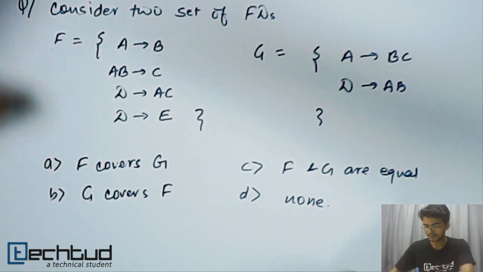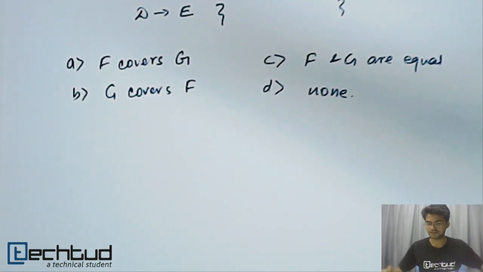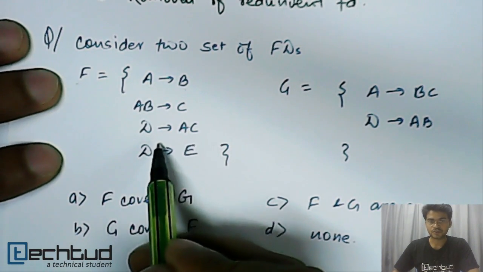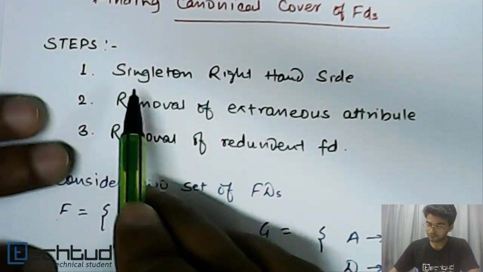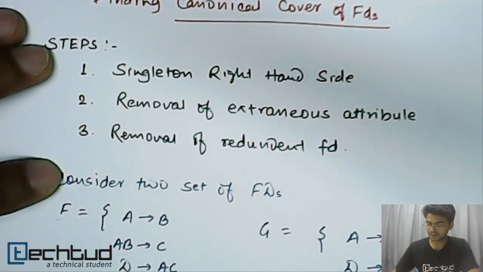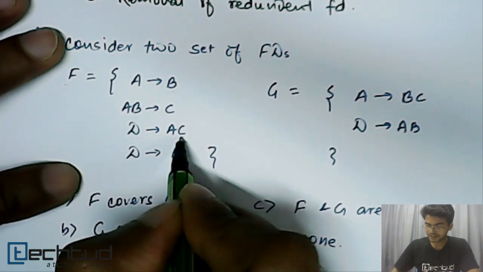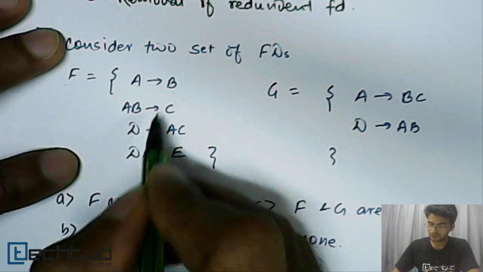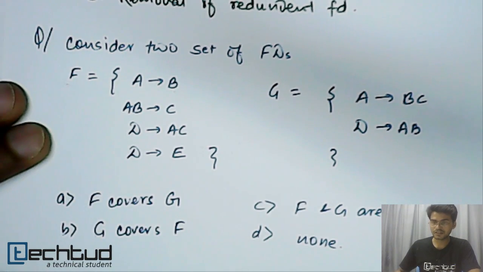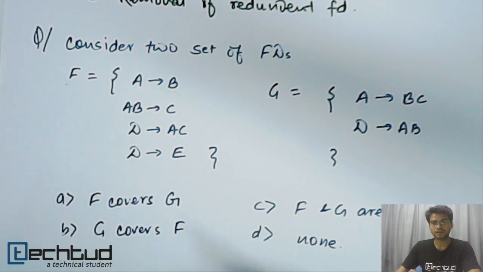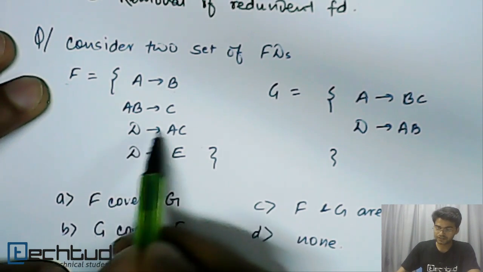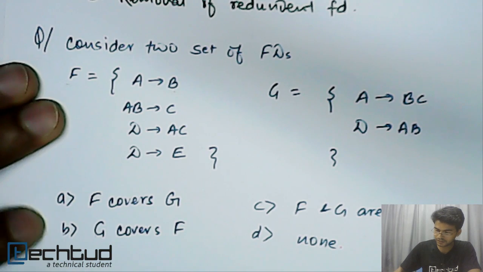So let's get started. First of all we will start with F. In F we have 4 functional dependencies. We will check the first step. The first step is we have to make all the functional dependencies singleton on the right hand side. Here we have one functional dependency which is not singleton on the right hand side, so we will first make it singleton. How do we do this? Just by decomposition. We have studied all the inference rules. If you have not followed that lecture, that is important, so please follow that lecture first. We will just decompose it simply by writing it.